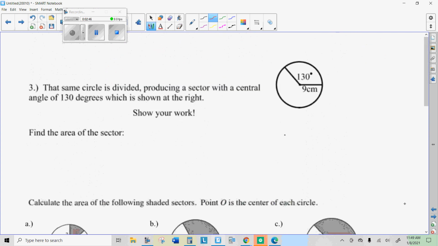All right, next we're going to figure out how to find the area of a sector. Okay, now in this sector, this is called the minor sector if it's smaller than half of the circle. If it's greater than half the circle, then it's called a major sector. So we're going to find the area of that sector. To do that, we need the area formula, which is pi times radius squared,